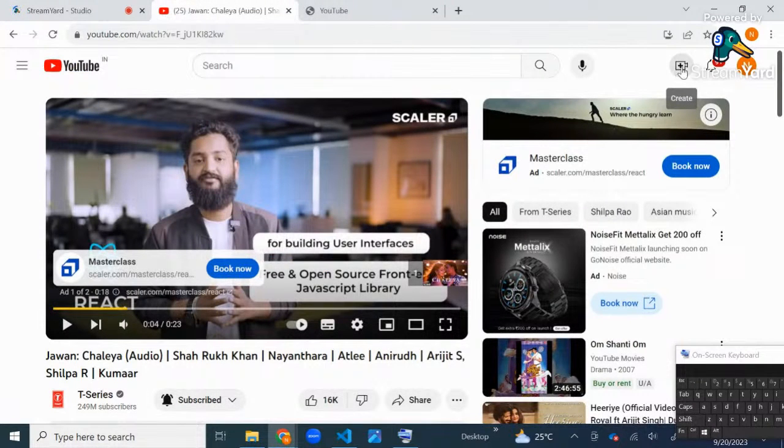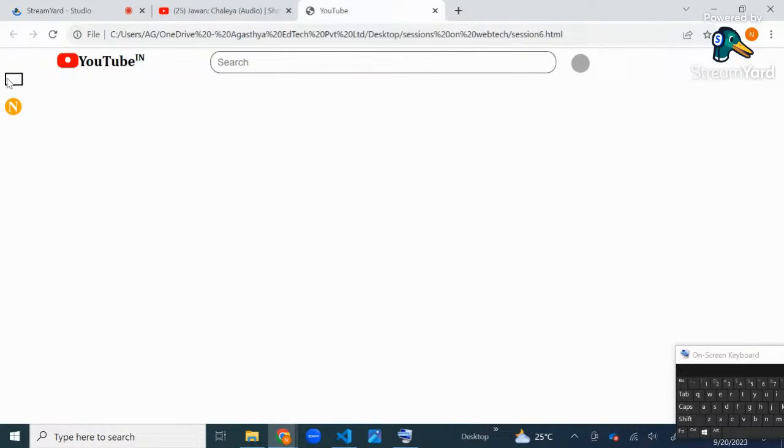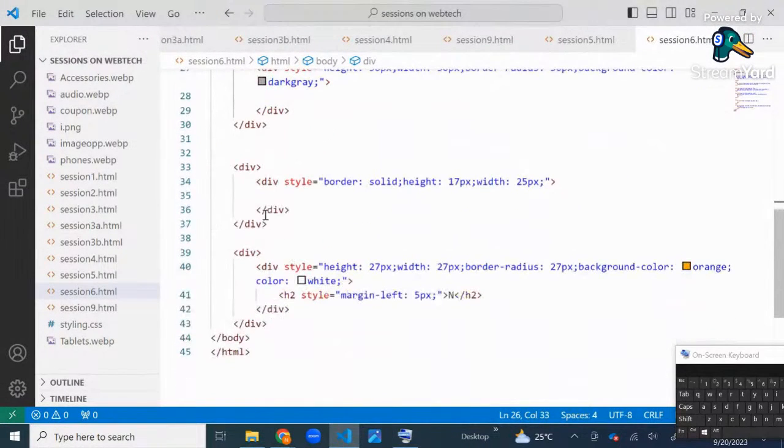this, what is this camera icon, right? It is a film camera icon, a video icon, video cam icon. So in place of that we have created a rectangle. So what we will do is move that rectangle. So go to its div,